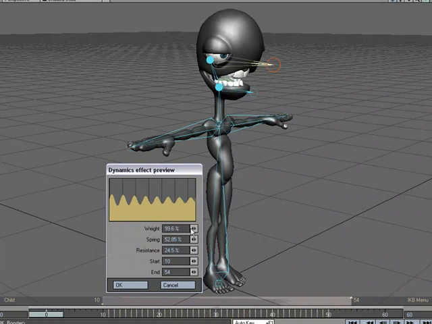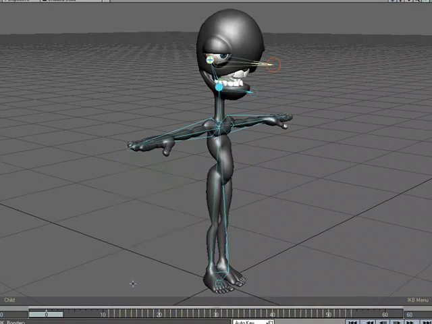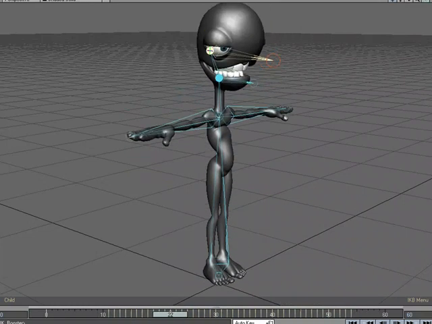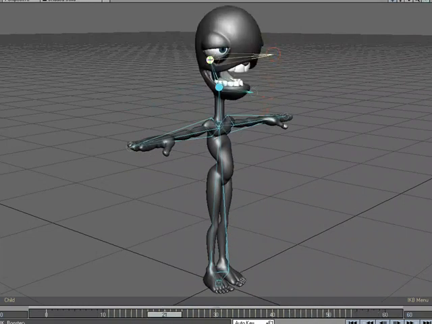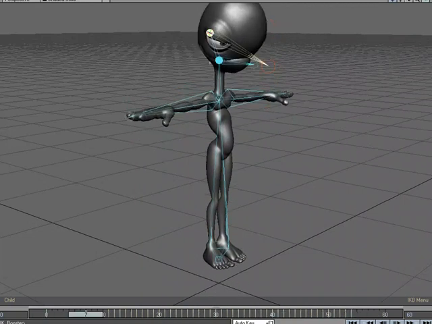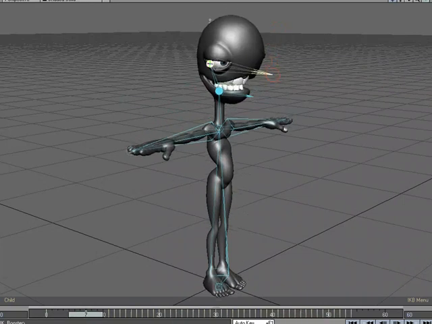Do something like this. I can also key in higher values. Okay. And hit OK. So see, now it's even more dynamic. Okay. It's going through, so I'd probably lower that. But let's go ahead and keep that there, and let's take a look at, I was mentioning that you could